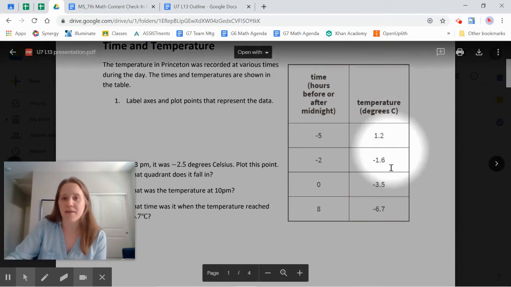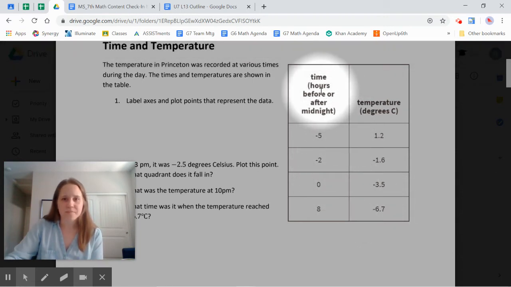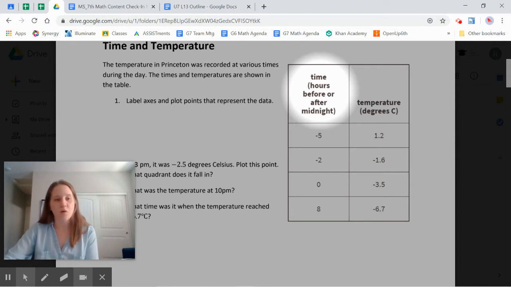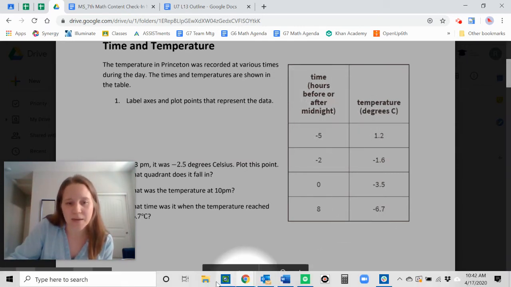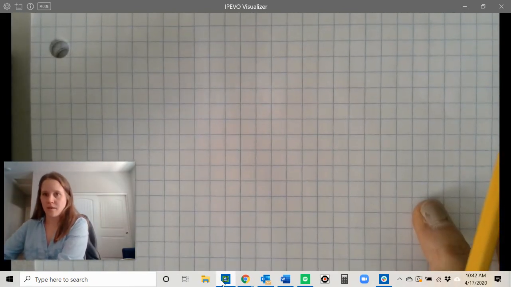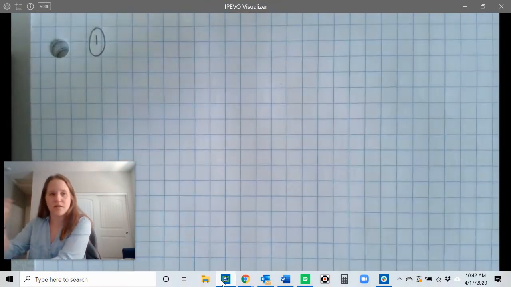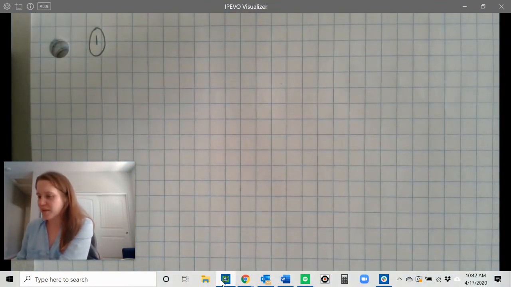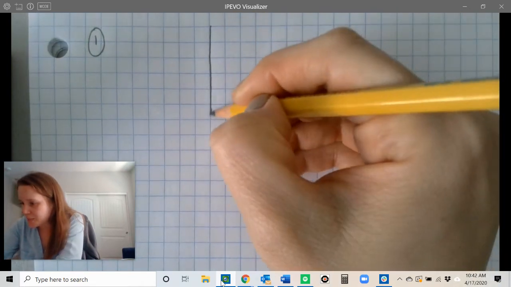And of course, we talked about how I can have positive and negative degrees. So when we set up our coordinate plane, time is typically on the x-axis. It is almost always represented on the x-axis for reasons we're not going to get into today. So go ahead and find your notes, and we're going to set up a coordinate grid together. And I'm just going to label this question 1 so that it's really clear for your Google form what's going on, okay? Let's go ahead and draw, give yourself quite a bit of space